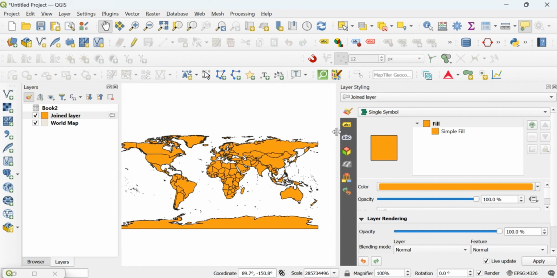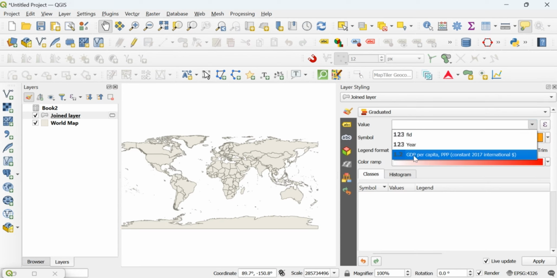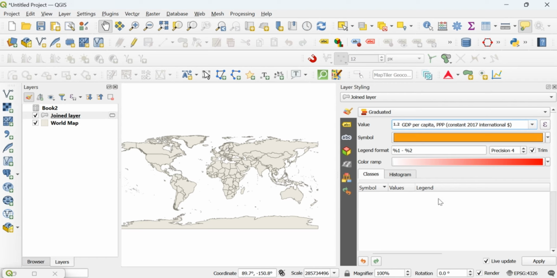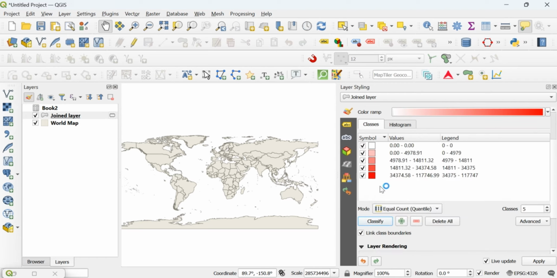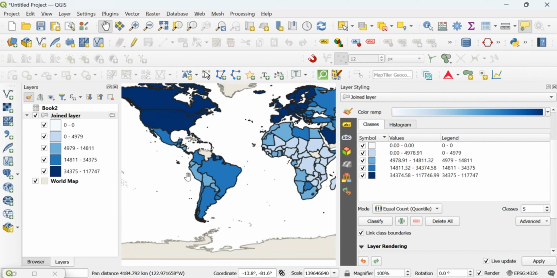So we'll open symbology, and to show the difference in values it is mostly advised to use the graduated, and then we will click on the classify, and then we can just make a little tweak of the visuals.